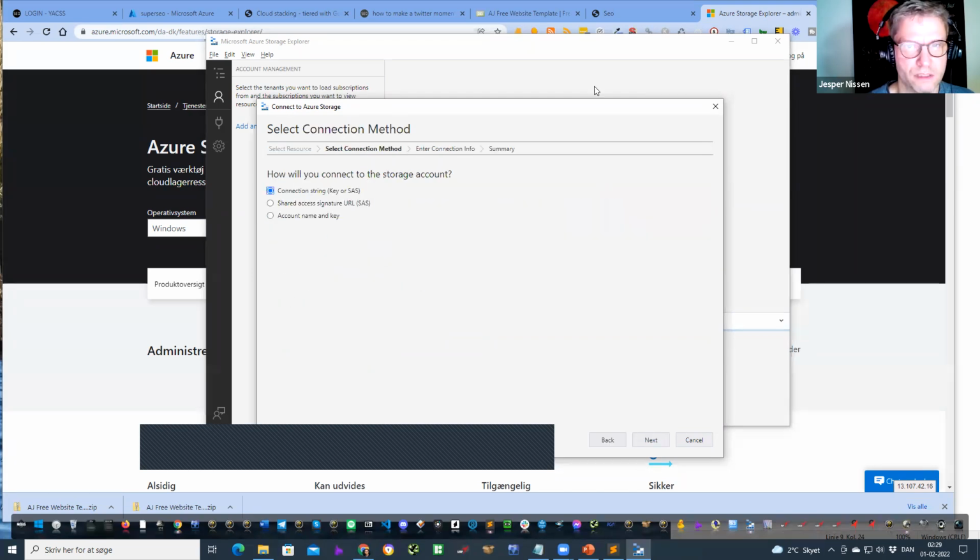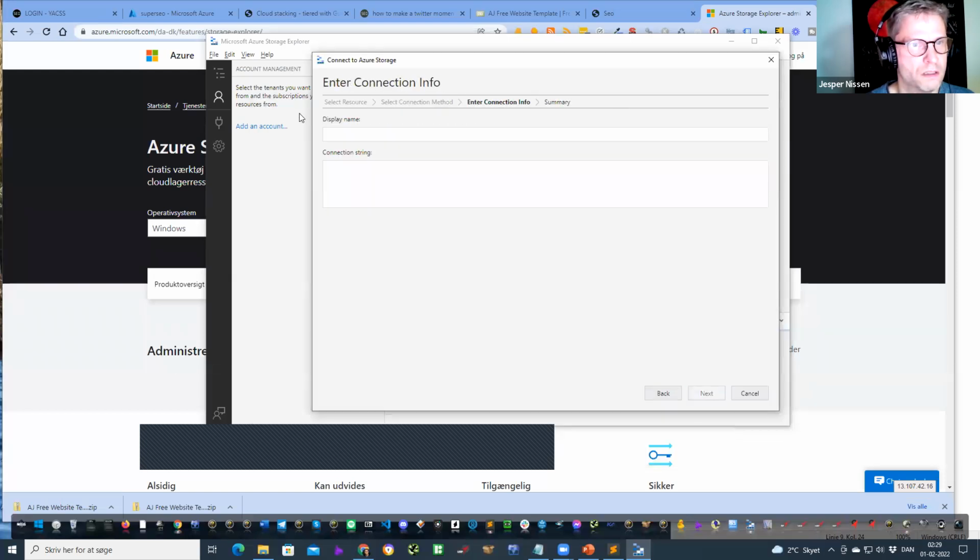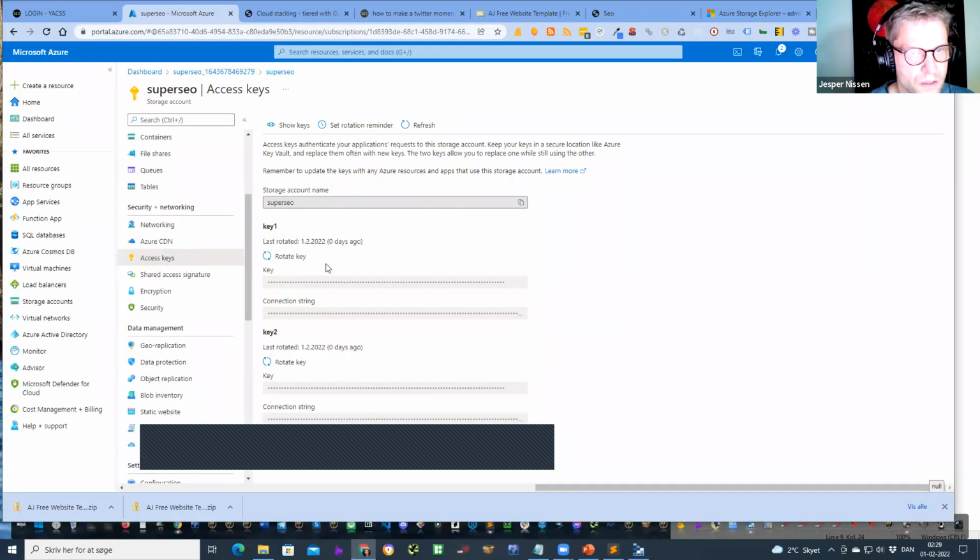So connection string, next. And let me go over to my show keys, connection string, copy to clipboard. So what I did was I clicked show keys and then connection string.